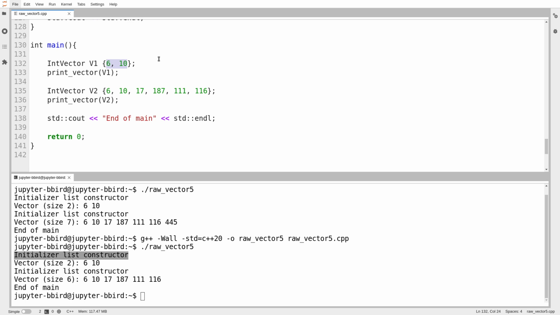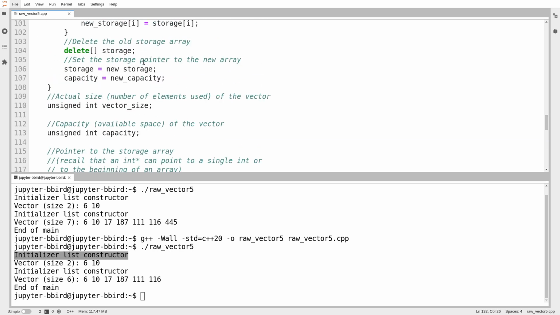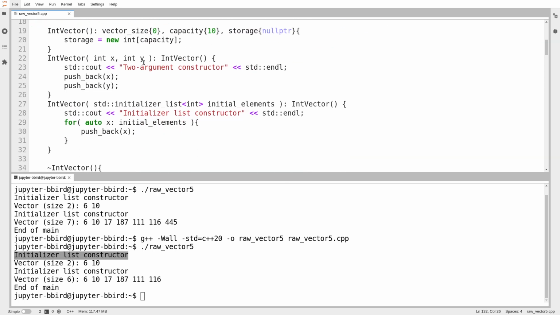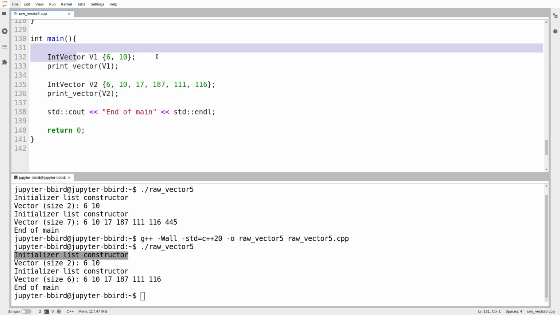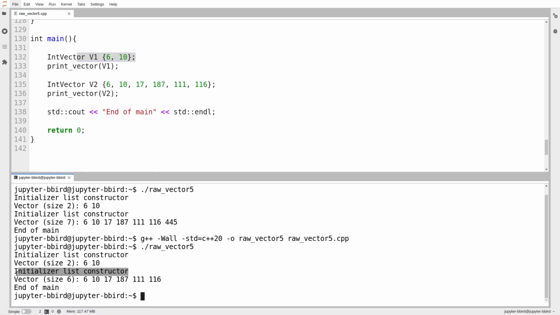If there are multiple candidates, so in this case, there are 2 constructors that might work. The one that takes, I'll scroll down to show it off. This constructor might work if I pass in 2 ints, and this constructor might work because 2 ints is an initializer list of ints. The language has decided that when you use uniform initialization, so the curly brackets, it'll always prefer the initializer list constructor. That is always the one that is chosen. Okay, so that's why in main, when I construct both v1 and v2, it always uses the initializer list